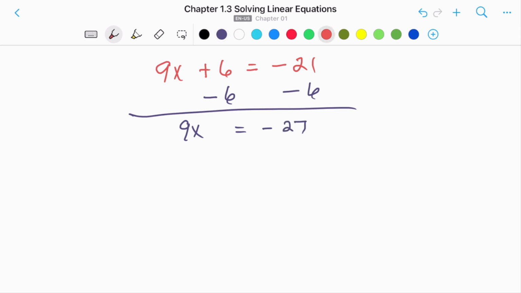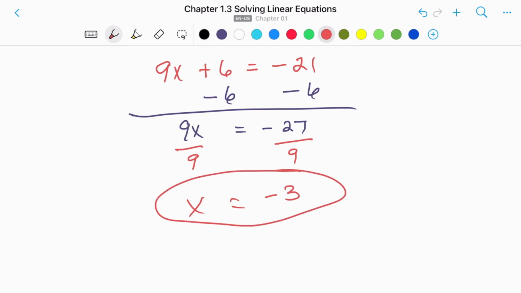And of course, then I take this next step. What's next? I need to divide by 9 and divide by 9. And this becomes x equals negative 27 divided by 9. A negative divided by a positive is a negative, so that becomes negative 3. And that's your answer. Anybody get it right? If you didn't get it right,